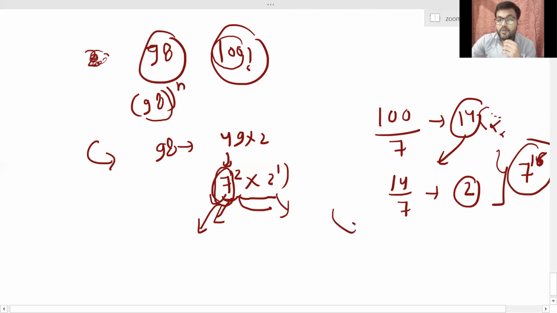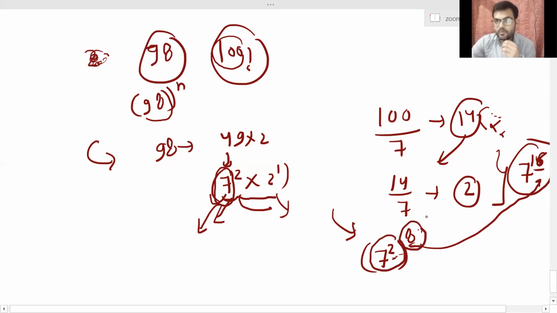Okay, but what you have to find? You have to find out the power of 7 square. So power of 7 square will be 8, obviously. This 16 by 2, because already you have taken 2 over here. So you will have to divide the 16 by 2, you will get power 8. So 7 square into 8, ultimately, again, you will get power 16. So the power of 7 square is what? It is 8. So 8 is the answer.